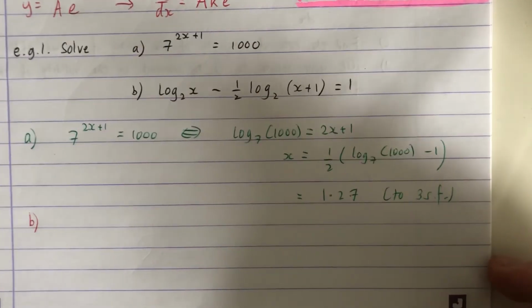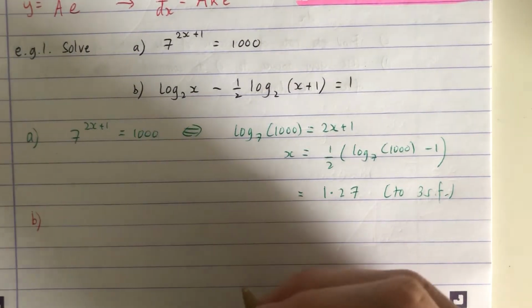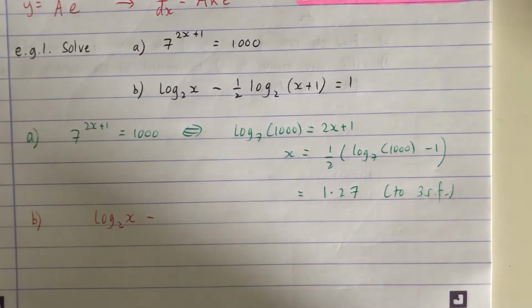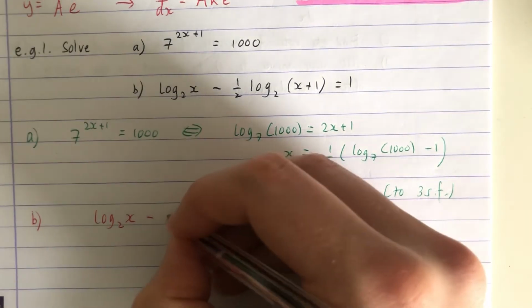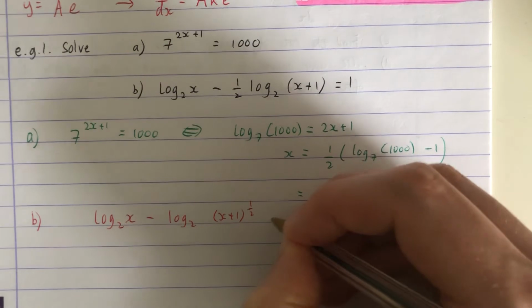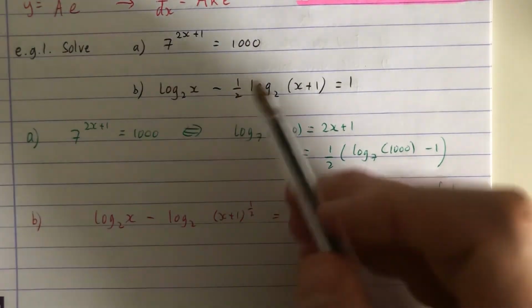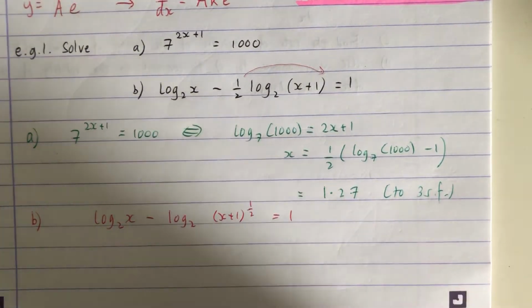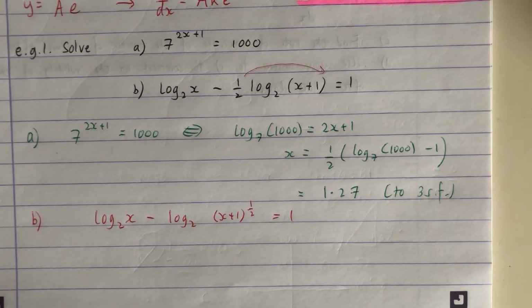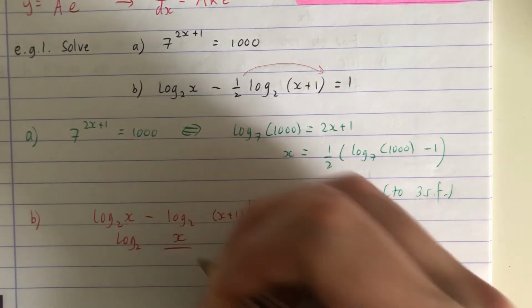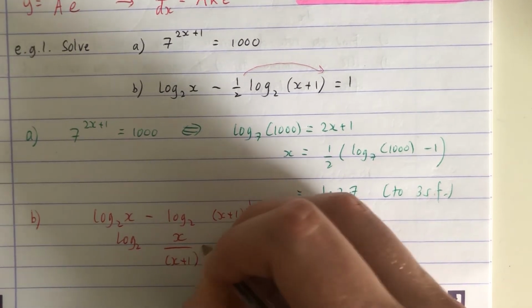So it's really important that the first step you write down is not the subtraction rule or the division rule, but this. The number of a half becomes a power of a half inside the bracket. And then you can use the division rule, log base 2 of x over x plus 1 to the power of a half